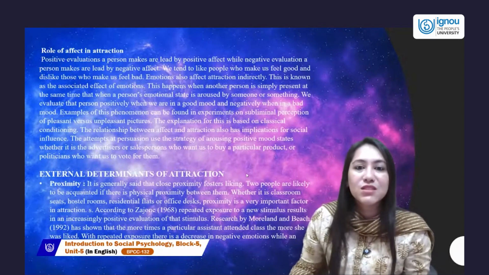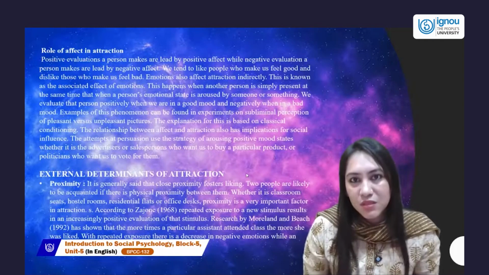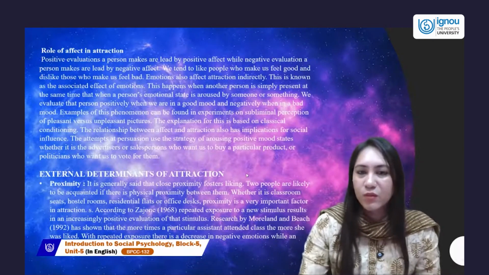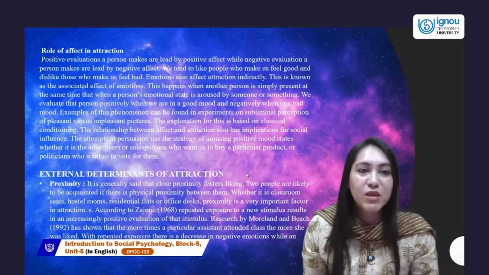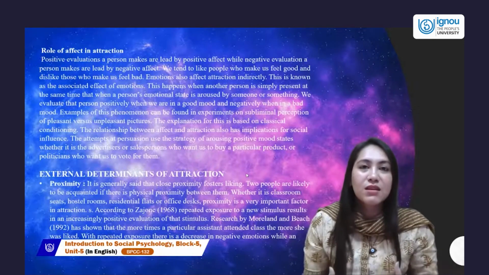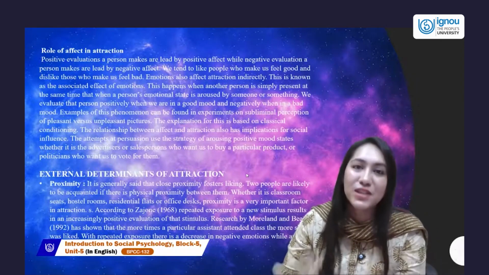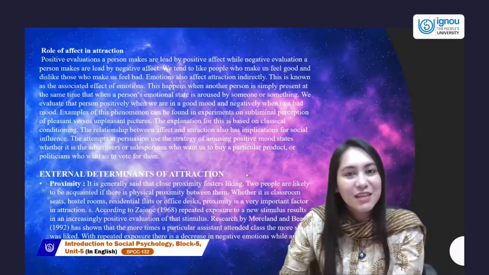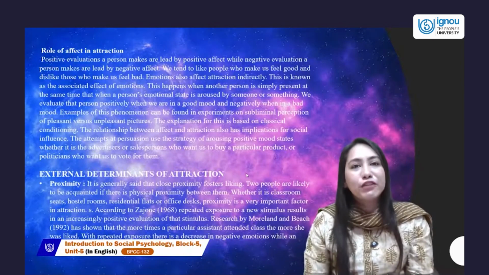Similarly, it goes to strategies. Why are salesmen and salespeople so welcoming, so productive? Some salespeople are very productive. You love going and interacting with them, and you feel they will pick up the right thing for you. Why? Because they end up being so positive. Their affect, their emotions are so positive, and that's how a sense of attraction develops for that particular area, person, or the seller, the salesperson. So this finishes the impact of affect on attraction.